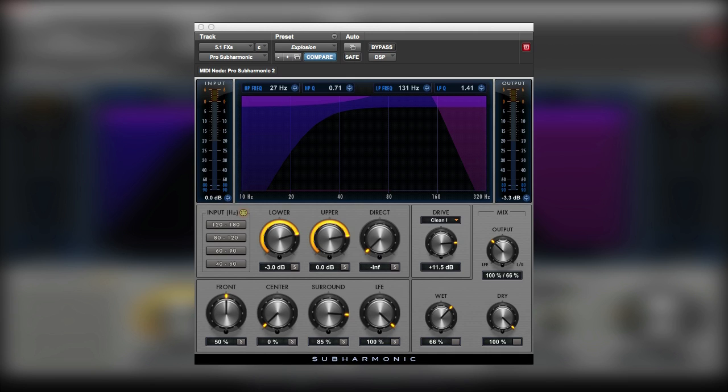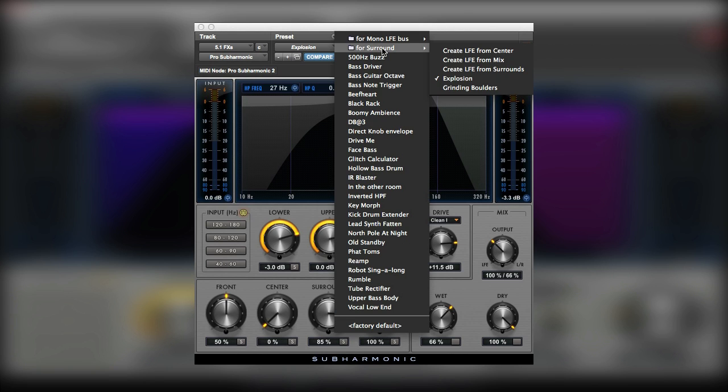You'll notice now that we've got these extra sends down here. So this is all the same. And what I've got here, if I just put this plug-in into bypass, is an explosion. So that could really do with some adjustment. So what we can do is go into the presets, and here there is this nice explosion preset